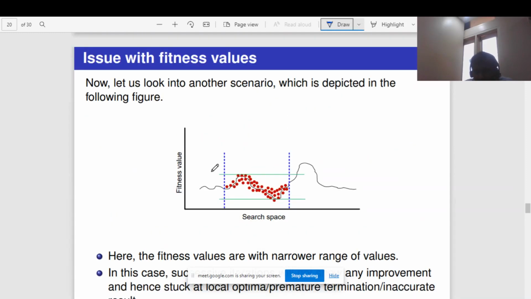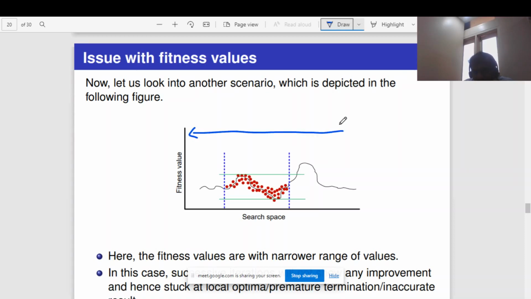Here, if you see, this is the overall solution space, but the genetic algorithm got stuck in this range. That is, the genetic algorithm which we are using is creating individuals only within this range. So its solution lies only within this range. It is not going beyond. In this case, this is our global optimum, and this point is the local optimum. This point is the local maxima, and this is the global minimum.